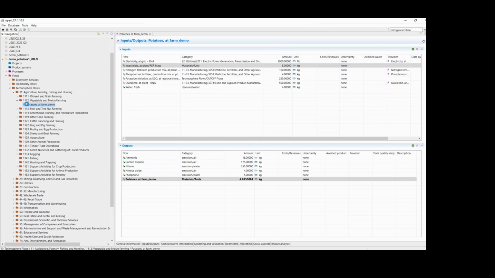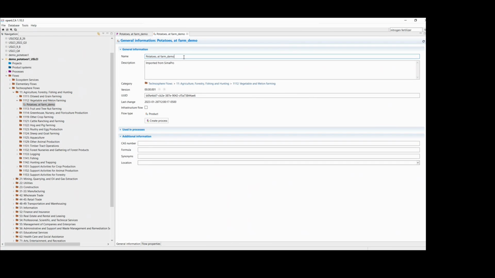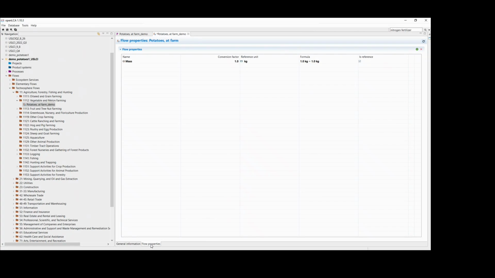So I'm just going to go ahead and open up this flow. I'm going to change the name slightly just so that it aligns. Potatoes at farm. We don't need the imported from SimaPro anymore because it is technically going to be in USLCI. I also like to check the flow properties just to make sure that everything looks okay.